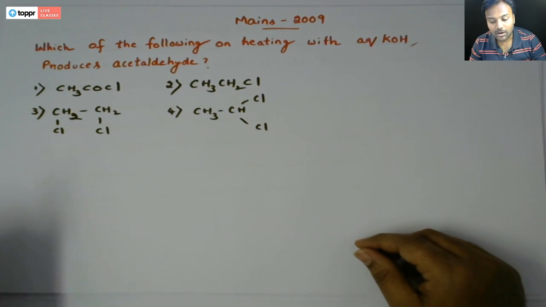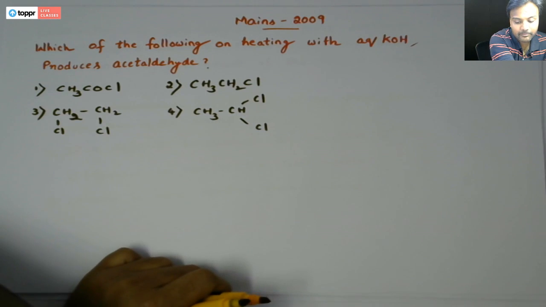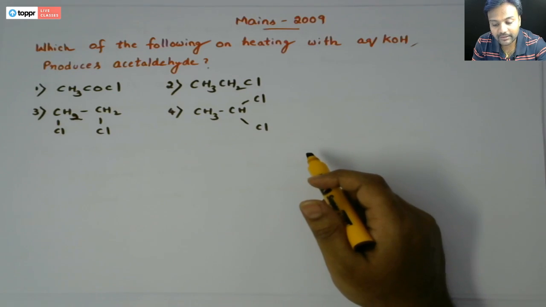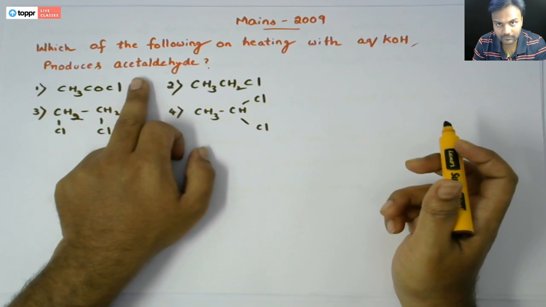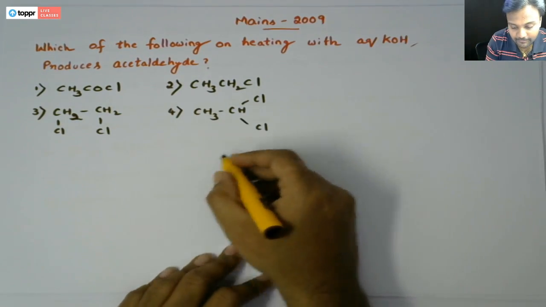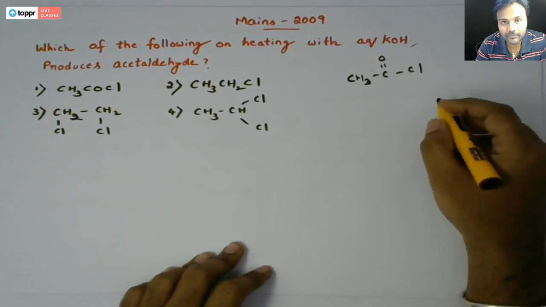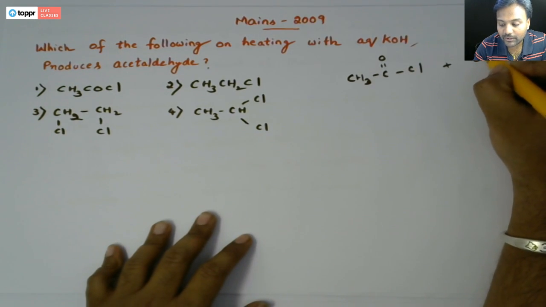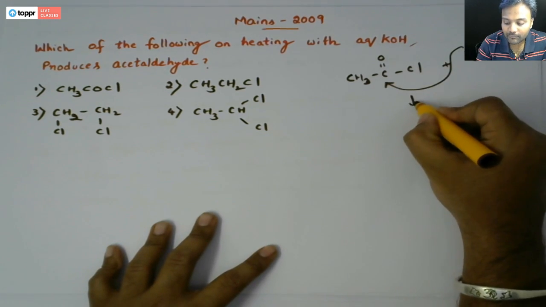Which of the following on heating with aqueous potassium hydroxide produces acetaldehyde? Okay. Now you need to take out each and every reactant and treat it with aqueous potassium hydroxide so that acetaldehyde should form. Let's try out. For example, if CH3COCl is treated with aqueous potassium hydroxide, I'm just taking only OH minus. So OH minus here acts as a nucleophile, attacks here and then forms